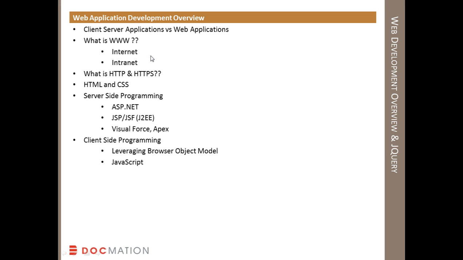Right. So internet is the public web, and intranet, you can call it a private web, where you are essentially retrieving the information within your organization. But whether it is internet or intranet, the underlying protocol that you are using to get the information is always HTTP, right? If you want to go to a website, you always enter HTTP: